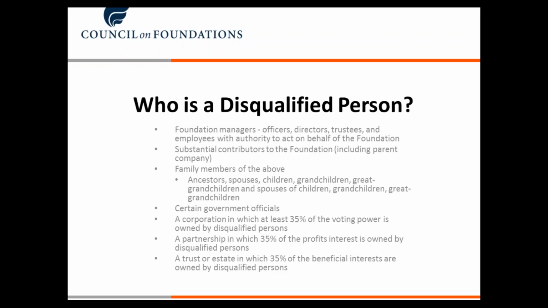So I mentioned a minute ago granting to organizations that are controlled by disqualified persons. The code, of course, has a nice definition or a laundry list of who are the disqualified persons. I'm not going to read every one of them, but basically it's going to be your board of directors, your trustees,